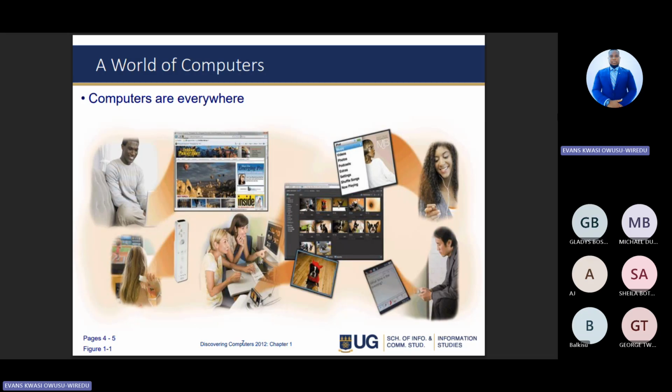We get to realize that computers are far beyond the square screen we see with the system unit and the keyboard. So this session begins to introduce us to the concept of computers, where we get to know that it is not only those ones that are actually